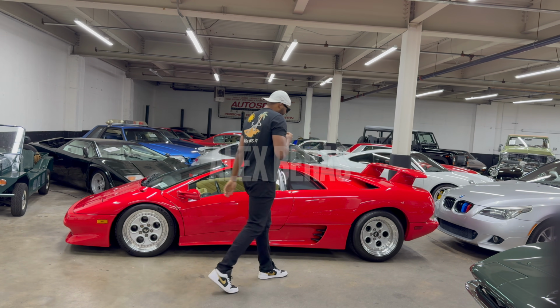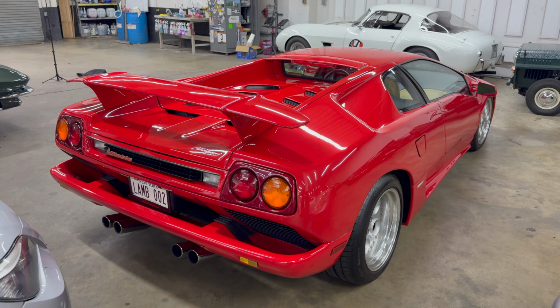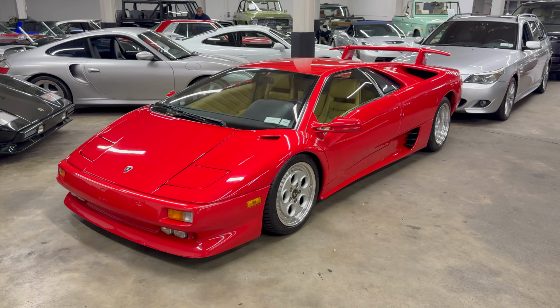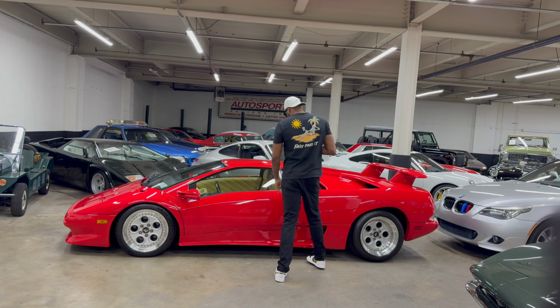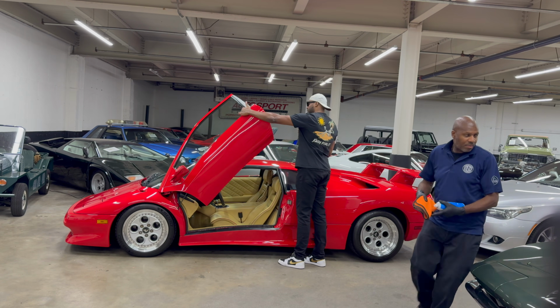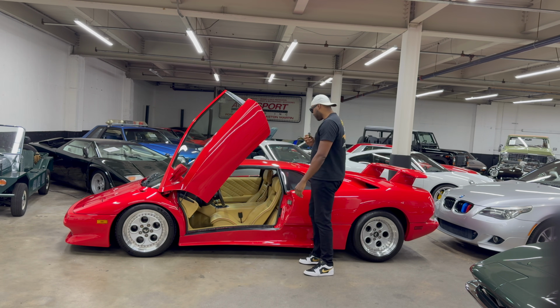Today is a special day because I see one of my favorite Dumb and Dumber vehicles, and this, of course, is a 1994 Lamborghini Diablo. Actually, it's a 1991, but same body style. Scissor doors, red over tan interior,